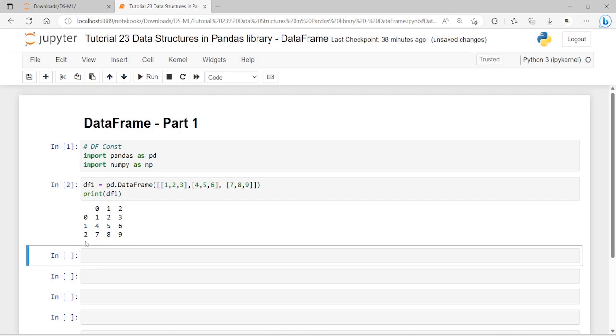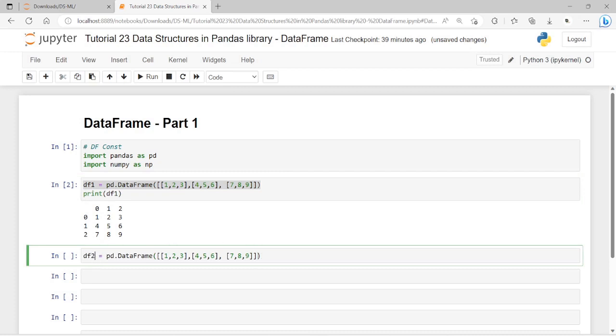If instead we want to have a data frame with all the label values defined in both columns and index, then we must specify them directly as an argument of the constructor. So kindly just have a note of it. How we are just going to see it here is, so let me just name this as data frame 2,